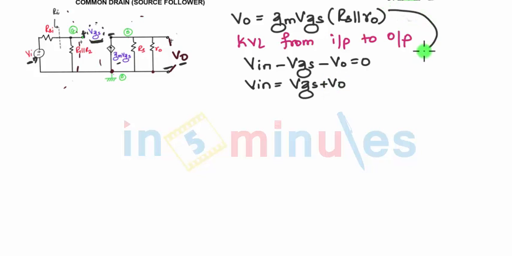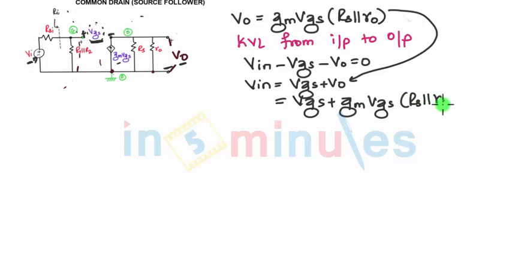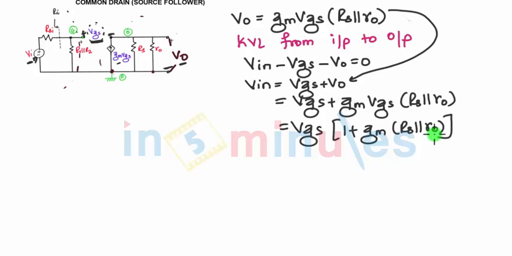We have found the equation for VO. So when you substitute VO over here, the equation will be VGS plus gm into VGS into RS parallel RO. So when you take VGS common, it will be 1 plus gm into RS parallel RO. RO is nothing but the resistance because of lambda into IDQ, the thermal resistance, which we are considering only when lambda is given. Vin we have found out, right? So we can write VGS as Vin upon 1 plus gm into RS parallel RO.